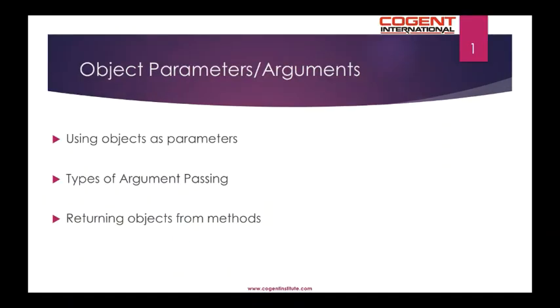We have looked at methods and how primitives are used as parameters, and how literals of primitive types are passed in method invocations. We have also seen how methods can return primitive type data. In the same way, can objects be used as method parameters and return types? We will see that in this module. We will also see what is meant by parameters and what is meant by arguments.